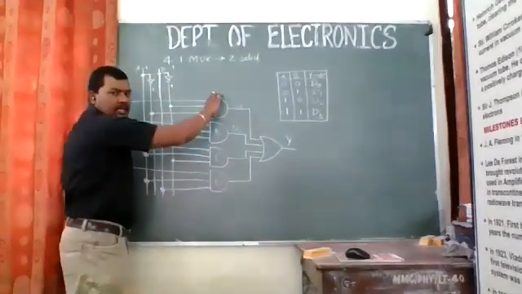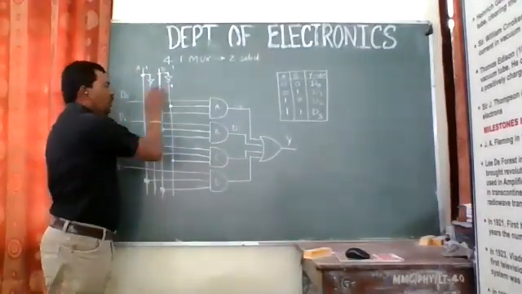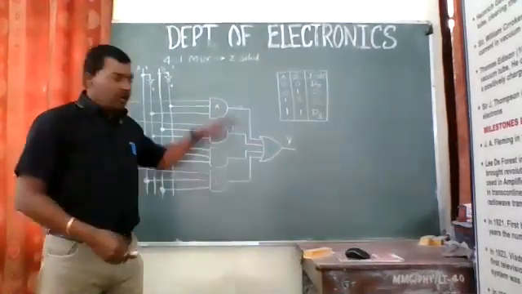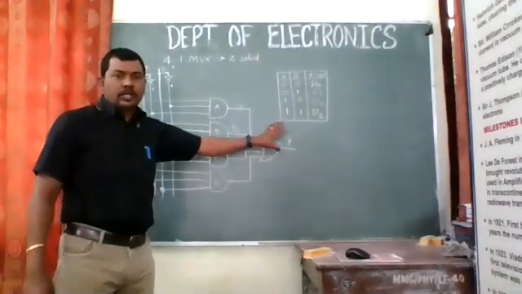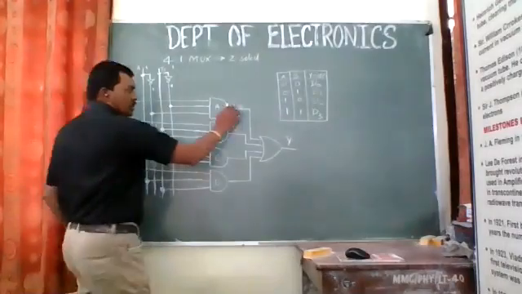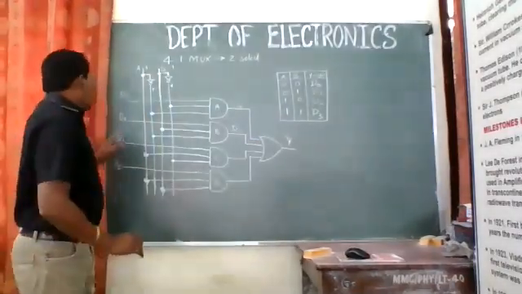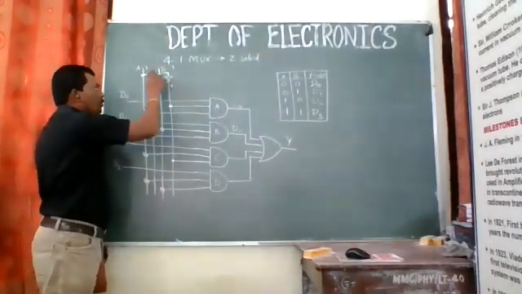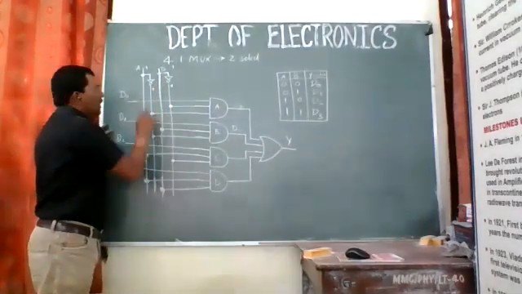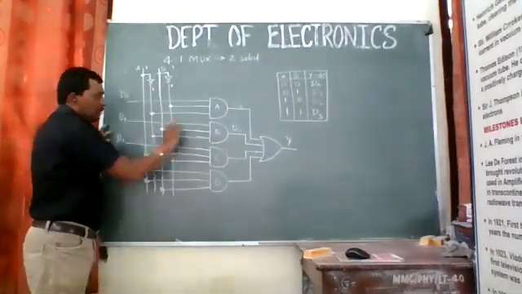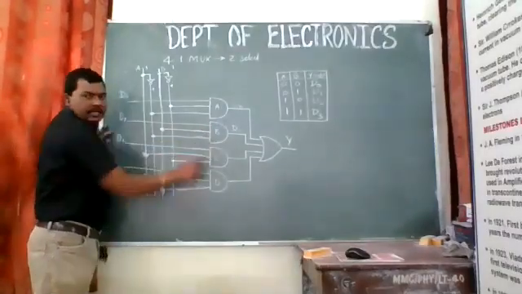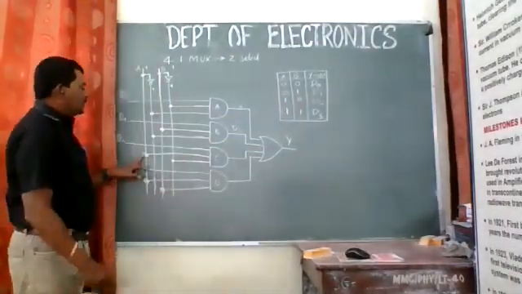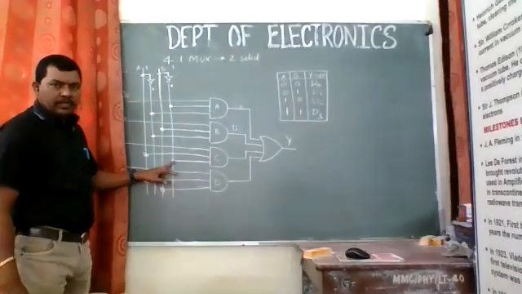So that this gate A is enabled and the input D0 appears out of it, and this D0 is ORed. So all the four inputs are ORed, so that means Y is the direct output. So this D0 is going to appear outside. The next code will be when A equals 0 and B equals 1. So B directly we are putting over here, and A after inversion. So this will enable this gate, that is B. And for C, the code is 1, 0, and A is directly put and B is given by the inverted input.